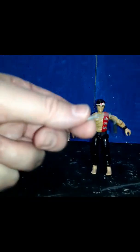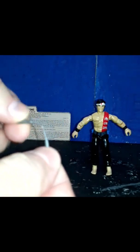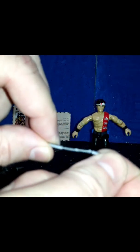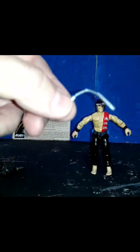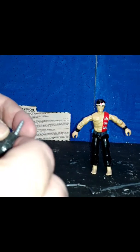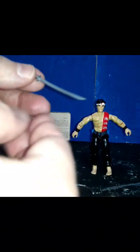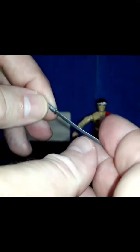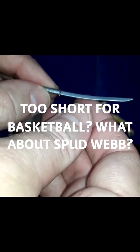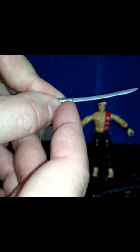He came with 3 accessories. He came with a pair of silver nunchucks. Sometimes you'll find these broken on the aftermarket from people bending them. We hardly played with these. The play factor on them was not very good. He came with a katana made out of the same silver plastic. A little bit soft. You can see it's bent from storing it in the backpack. It has a nice tsuba right here, or the handguard. The furniture down here on the handle, you can see that it's slightly